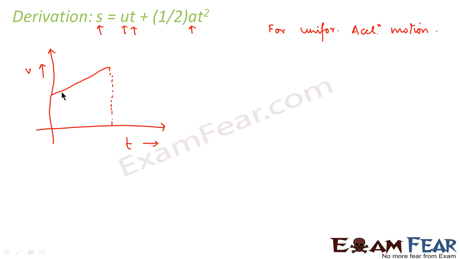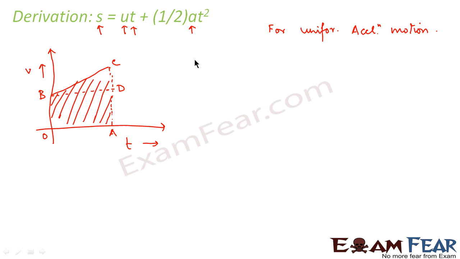Let us try to find the area of this entire thing and let us name it. Say this is O, this is A, this is B, this is C. How do you think we will be able to find the area of this trapezium? Let us draw a perpendicular here. This is point D. Now we have divided this entire figure into one rectangle and one triangle.